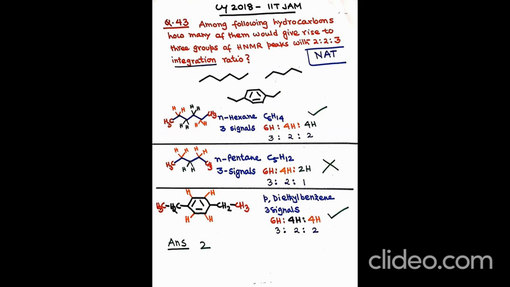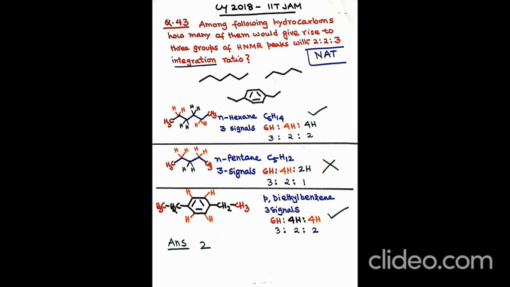So let us begin with the first one, that is N-hexane. That N-hexane has the molecular formula C6H14. This molecule is highly symmetrical and this molecule will be having the 3 signals because one is the CH3, another one is next to CH3, CH2 signal, and the another one is the CH2 signal. So total 3 environments are there in N-hexane. It is clearly mentioned by the red color, orange color and the green color in the